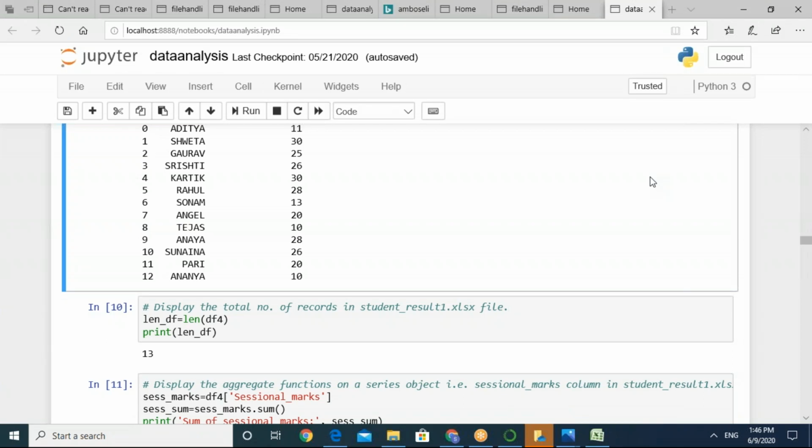So if you want to know how many records are there in your data frame, you can just apply the length method here also. You can see that length is applicable to so many things: arrays, tuples, lists, dictionaries, and today we have seen it on files also. So the len method works here also. Data frame में कितने आपके records हैं? It will tell you the number of records in that.